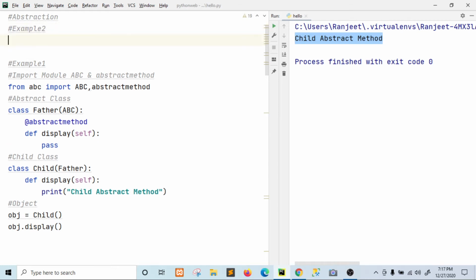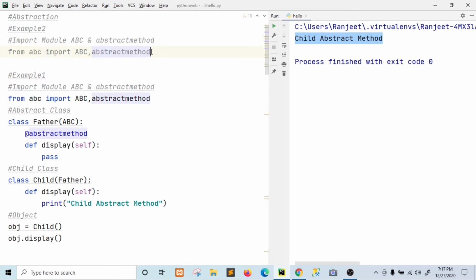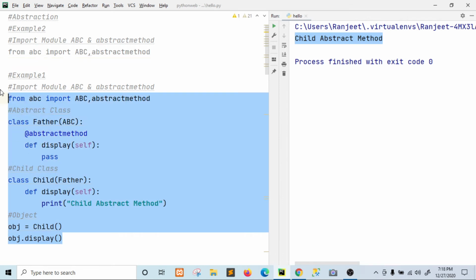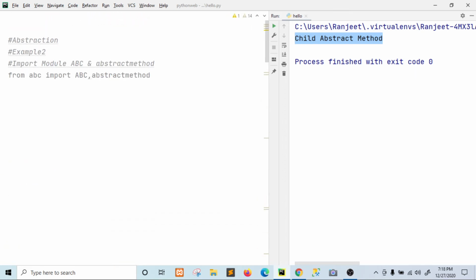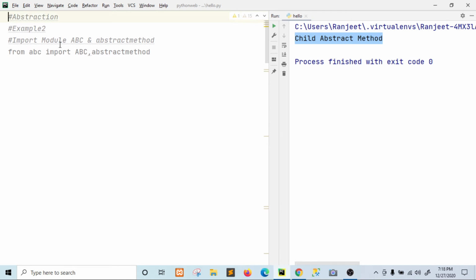In example 2, same thing: you will have to import these two modules. After this you will also create the class. Let us see another example of abstraction. We have simply imported the module and now create an abstract class.